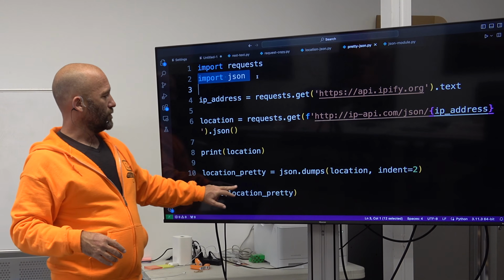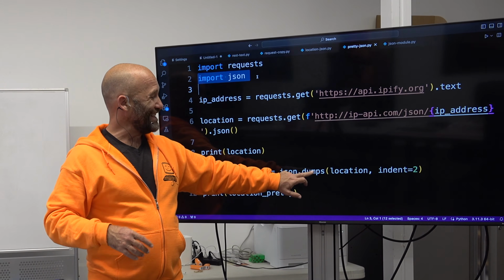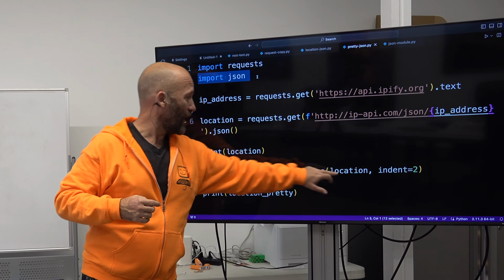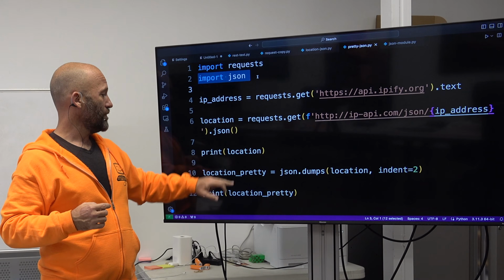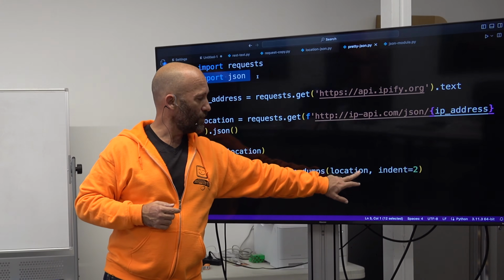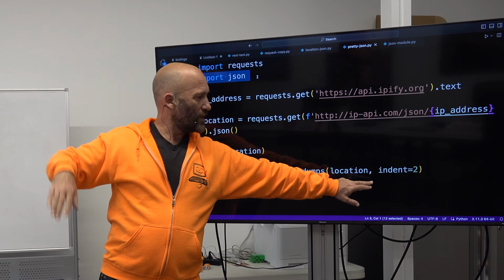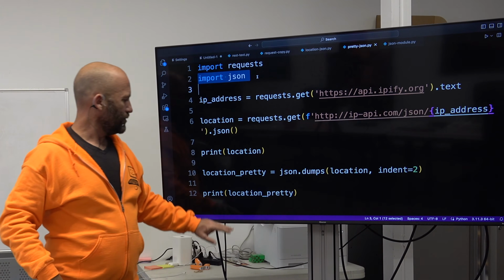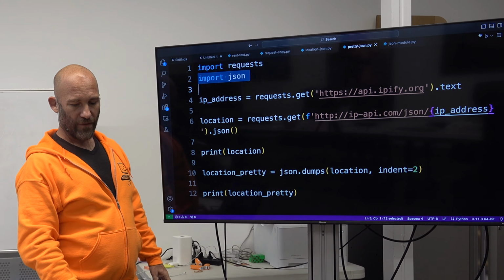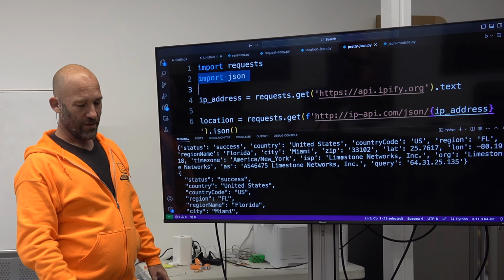What we're able to do is use the JSON module, the dumps function, to dump the location value and basically make it look pretty. So we're going to dump the location value, for every index or whatever we're going to indent by 2, and then we're going to print this out on the screen. So just to show you, if I run this, right,